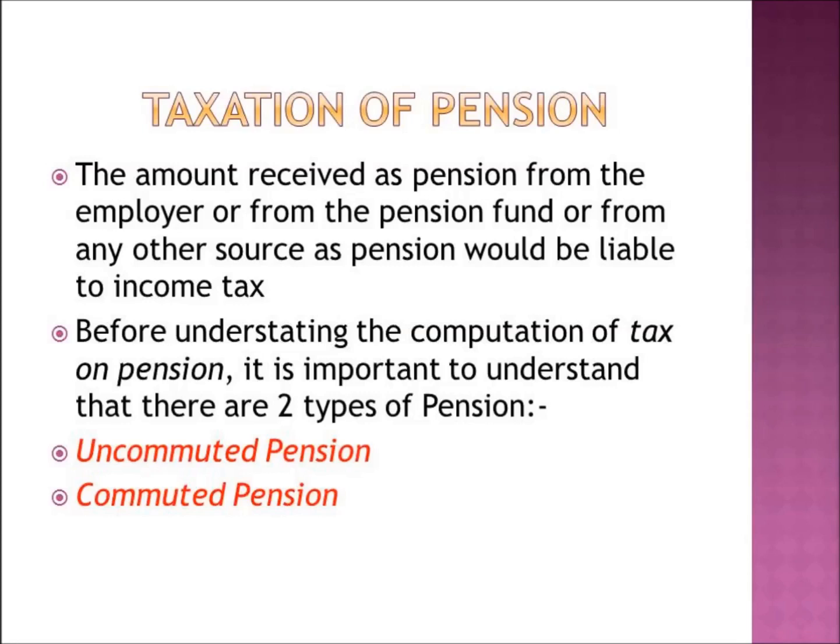So now we'll study this in detail, and then we'll come to know that some part of pension income is taxable and some part of pension income is exempted as per the IT Act. So this general provision has certain exceptions related to it, and what are these? Before understanding these exceptions, we have to understand two terms related to pension. Number one is uncommuted pension and number two is commuted pension. Let us see the definition of these two terms in detail.